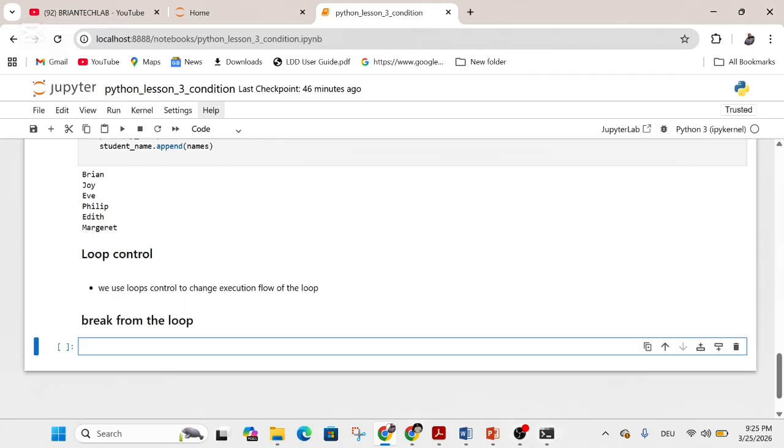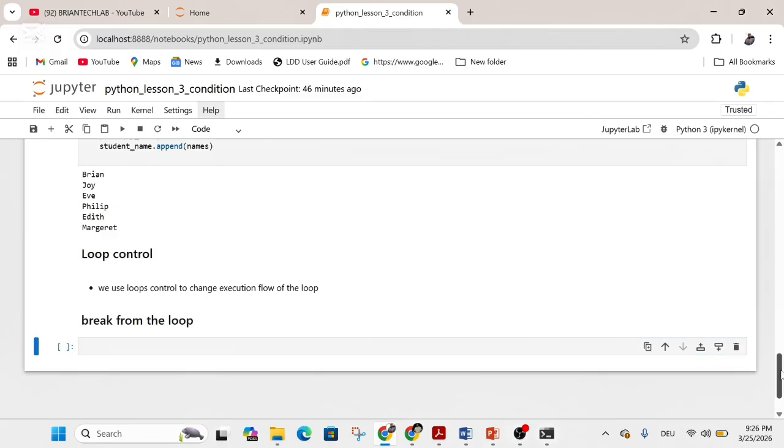So here we shall use the break statement. We use it when searching for an item in a list. Once the item is found, there is no need to continue the loop. So for example, let's say